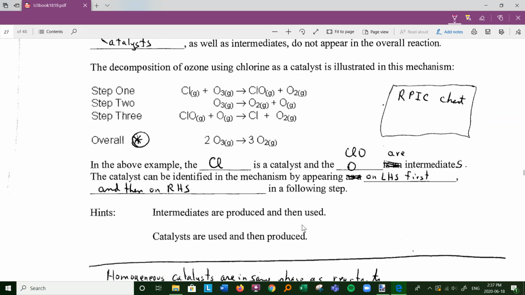Here we have the decomposition of ozone, and this is an example where we have both intermediates and catalysts. We see a ClO appearing on the right and then on the left. So my reactants are O3, my products are O2. One of the intermediates is ClO. Are there other intermediates? Well, just O is formed on the product side, then comes on the reactant, so it's